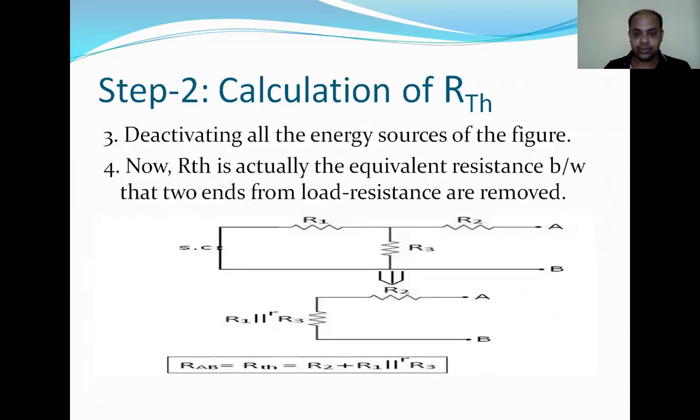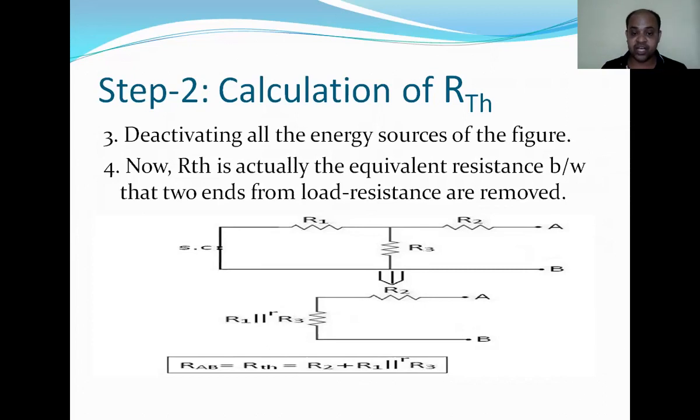here in this page or slide, if you follow very carefully, you can find that E is not there. Because why is it not here? Because we have to remove the load resistance from the circuit, and also we have to remove all the energy sources. So E is the energy source in the given circuit, so we have to remove the voltage source, and after removing the voltage source we need to short that line. So please try to remember, if a voltage source is there, remove the voltage source and short the line.